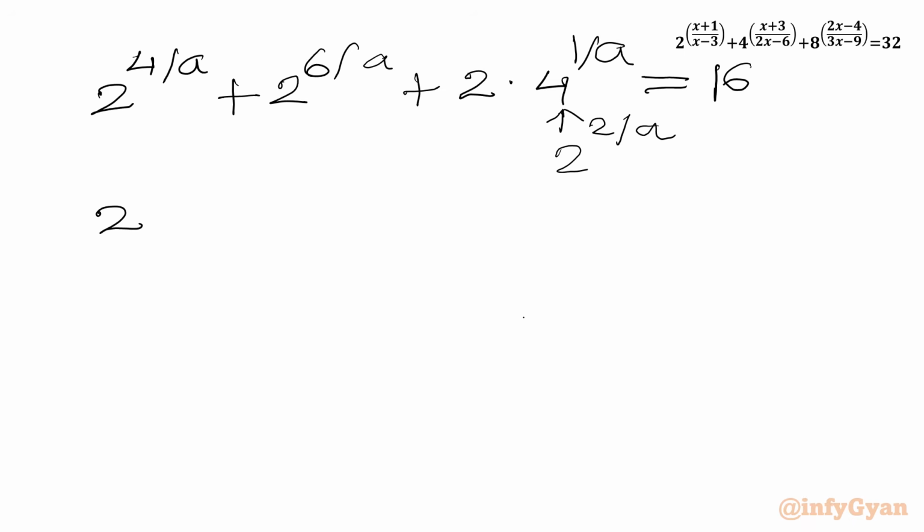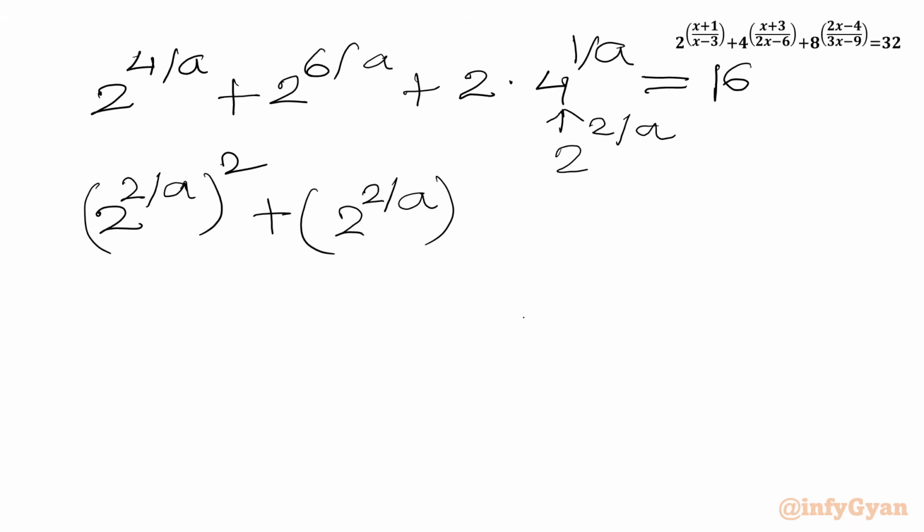So I will write 2 power 4/a as (2 power 2/a) whole square, plus 2 power 6/a will become (2 power 2/a) whole cube, plus 2 times 2 power 2/a